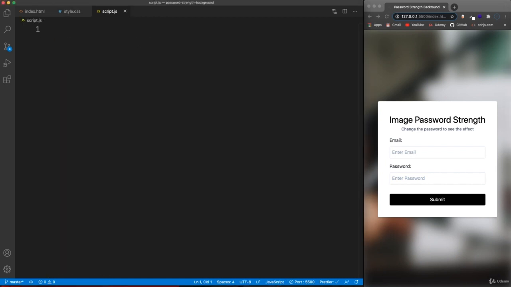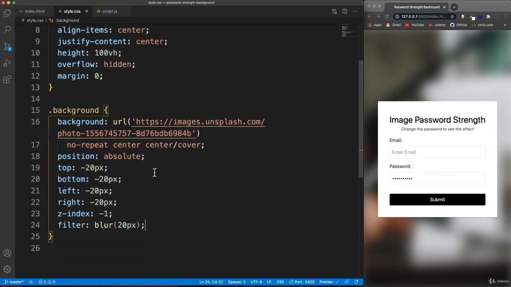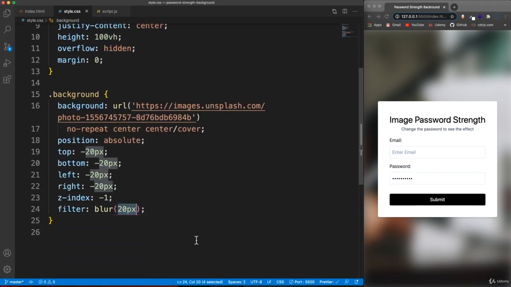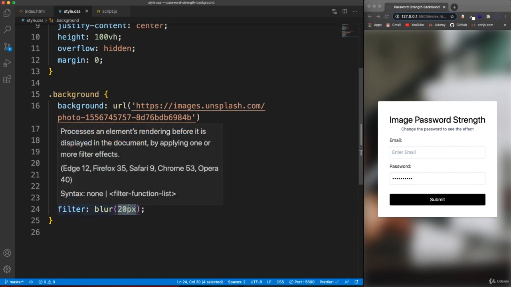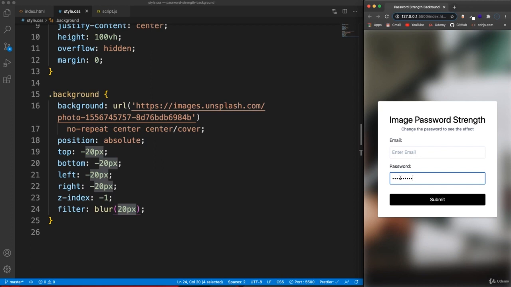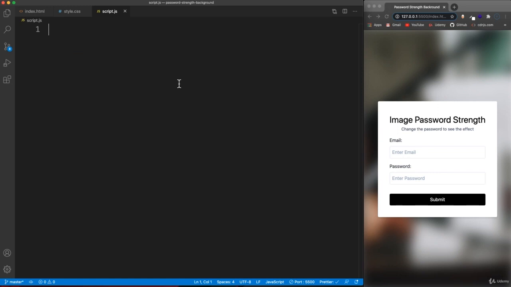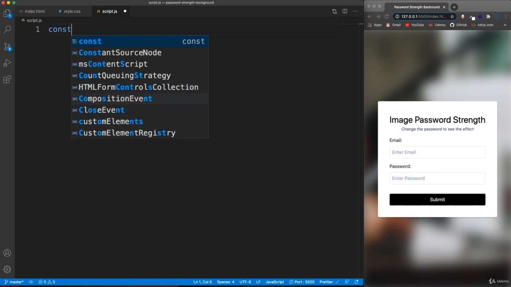Okay, so now we want to add the JavaScript here, and this is actually an area where you could pause the video and try to do this yourself. So basically, as we start to type, the longer the password length is, the less blurry we want the image to be. And remember, it starts at 20 pixels. So you essentially want to subtract from that 20 pixels whatever the length of the password is, and then multiply that by 2. That's going to be the math that we'll be using here. So if you want to try it yourself, you can do that, but I'm going to go ahead and start